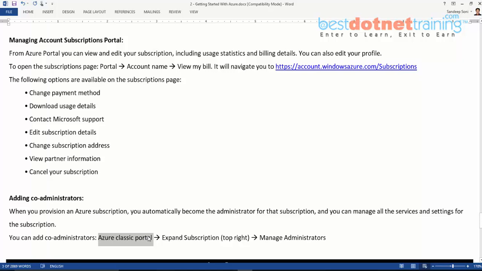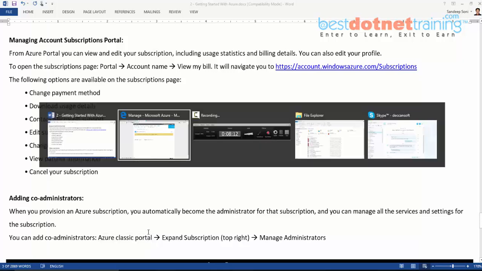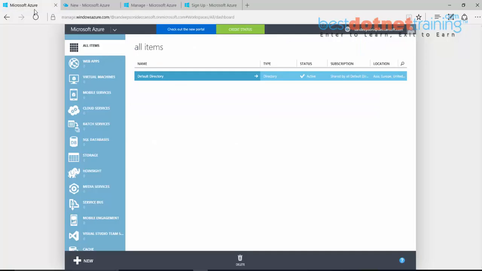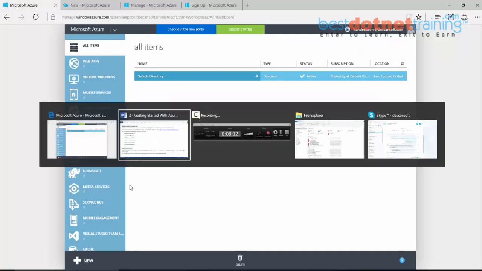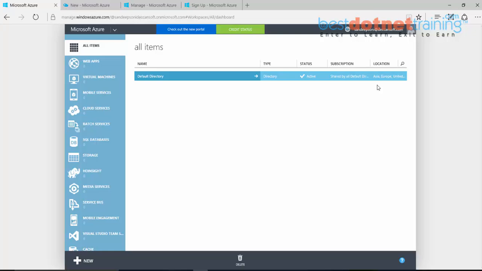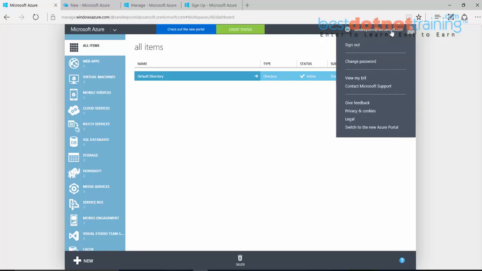See, with whatever account you create the Azure portal, that becomes by default the administrator account. But you may not be alone managing the Azure. So in case you want, you can actually go here and add new accounts to the portal. So basically the procedure is go to the classic portal and you have to expand subscriptions on top right and manage administrator. So here expand this and you should have